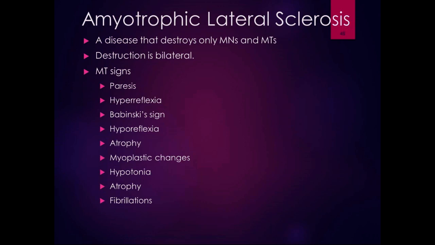It is a disease that destroys only motor neurons and motor tracts. So the destruction of the motor neurons and motor tracts is bilateral, resulting in both motor tract and motor neuron signs. The motor tract signs, which is upper motor neuron, include paresis, hyperreflexia, Babinski's sign, atrophy, and fasciculations. The motor neuron signs, so lower motor neurons, include paresis, hyporeflexia, myoplastic changes,